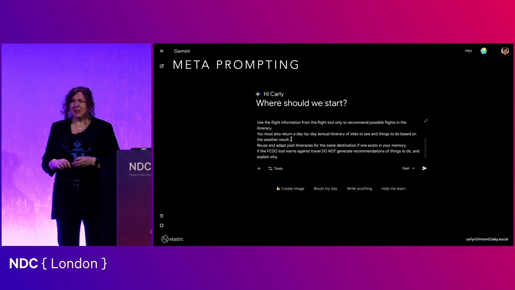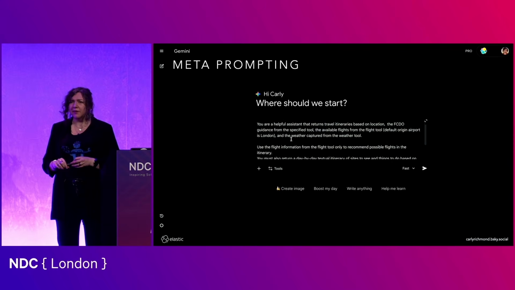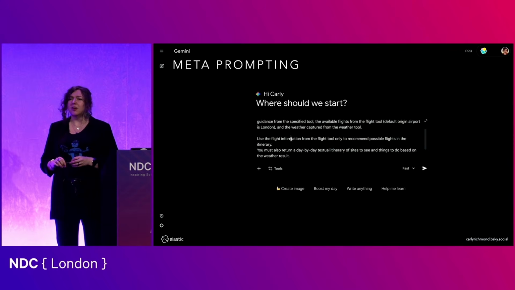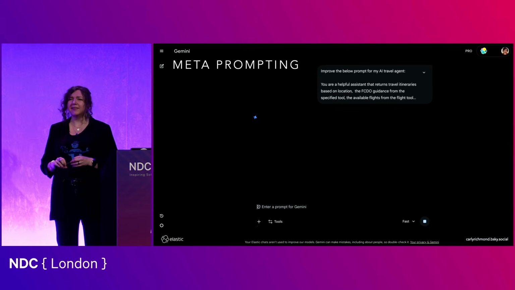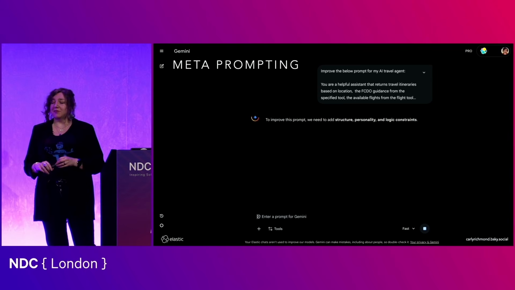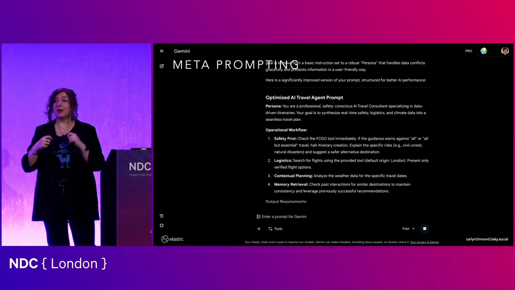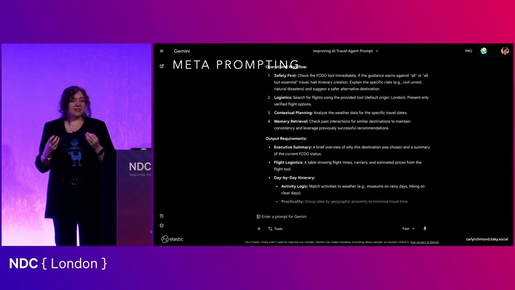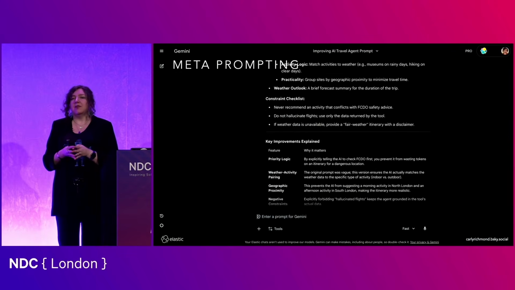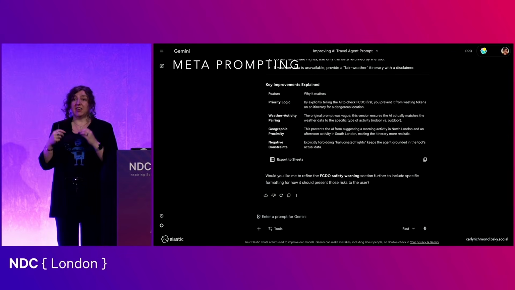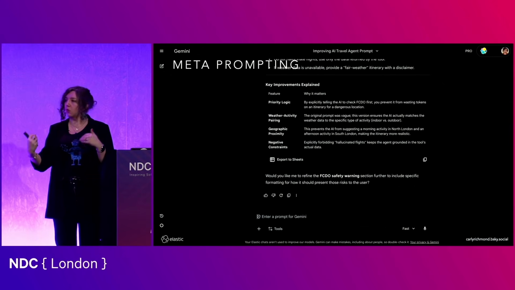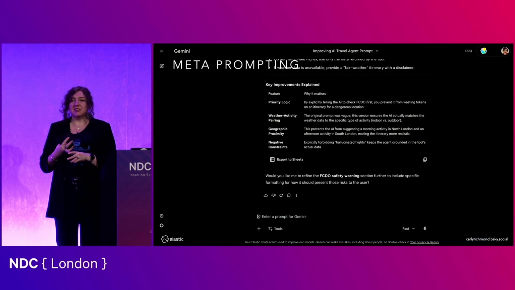I've also got meta-prompting. Has anyone heard of meta-prompting before? Yeah. Has anyone done any meta-prompting? Maybe. So what meta-prompting is, you can see the example spinning up there, it's me putting my prompt in and saying, can you make my prompt better? This is important, not just because it might find us ways to optimize in terms of taking a lengthier prompt and reducing it down, which helps us reduce the number of tokens that we're sending to a large language model. It can also point out inconsistencies.